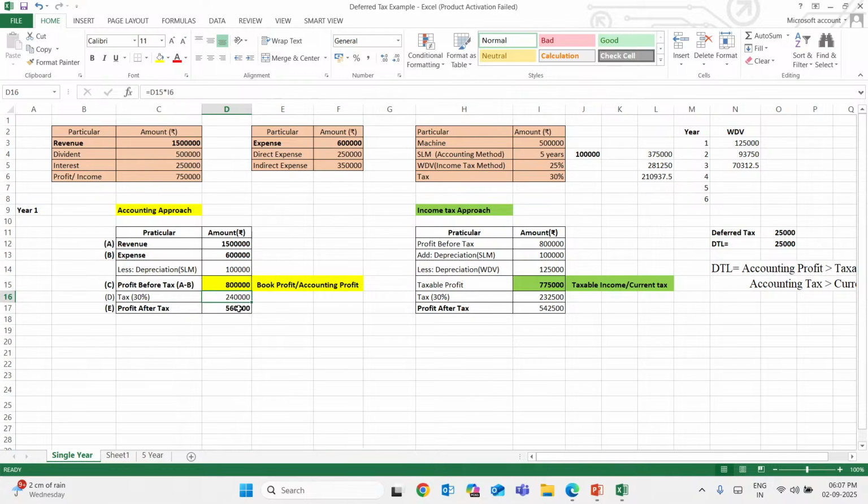Under this you have the profit after tax, or the book profit, and the total tax expense here is 2,40,000. Here it is a difference one. So according to the income tax approach, instead of taking the profit after tax or profit before tax, you can redo it from the starting, taking the revenue,